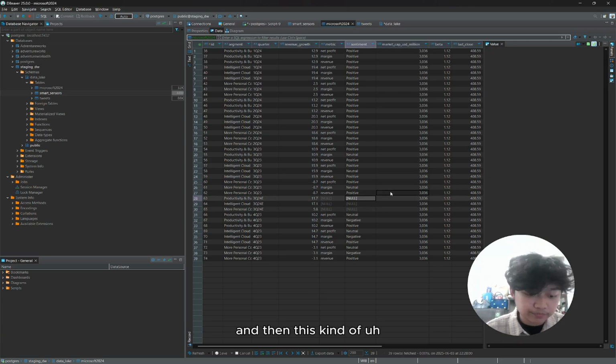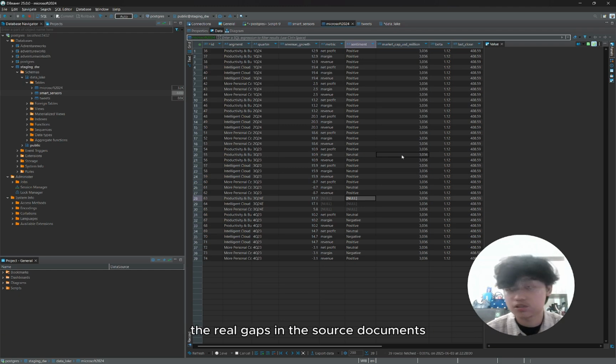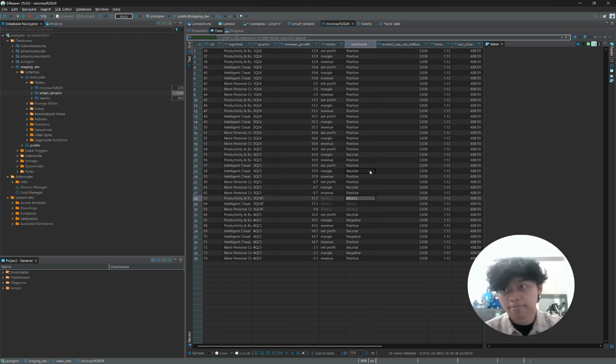This behavior is expected in an outer join and reflects the real gaps in the source document.